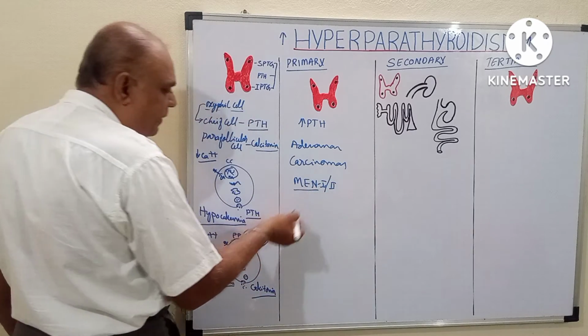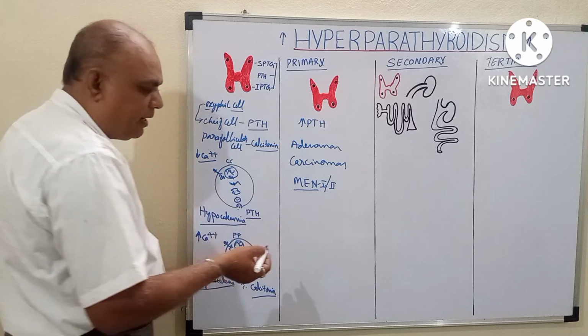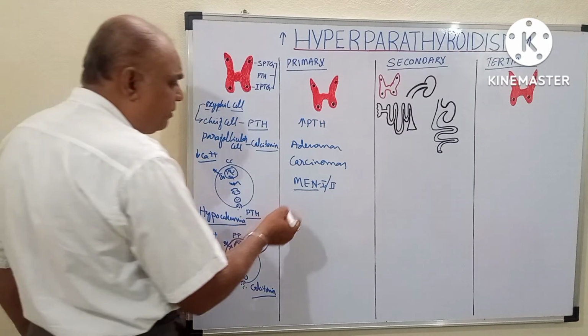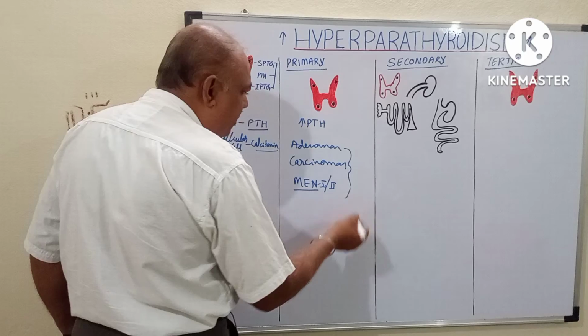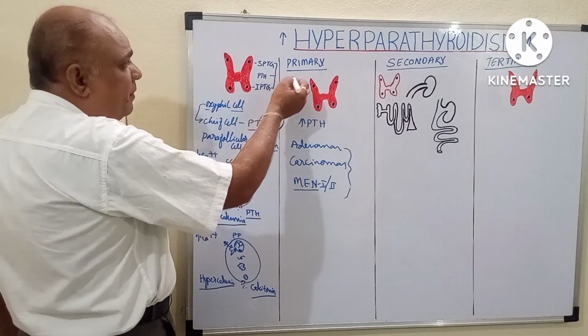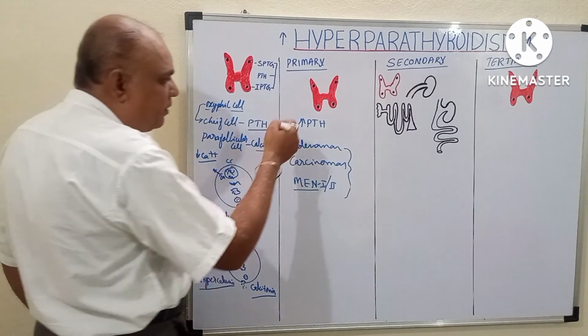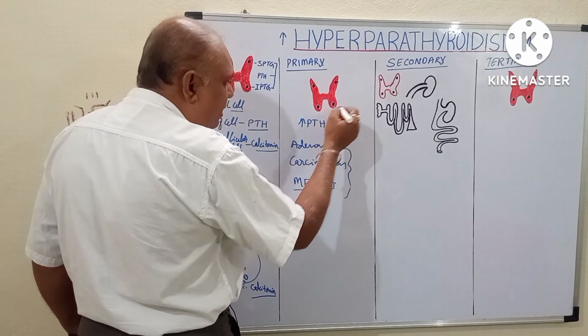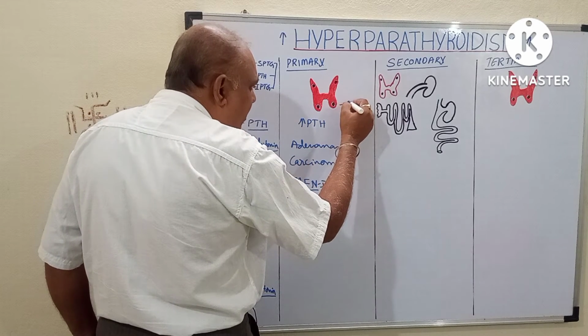What is MEN? MEN means multiple endocrine neoplasia. These are the three common causes seen in primary hyperparathyroidism, where the parathyroid glands are secreting high